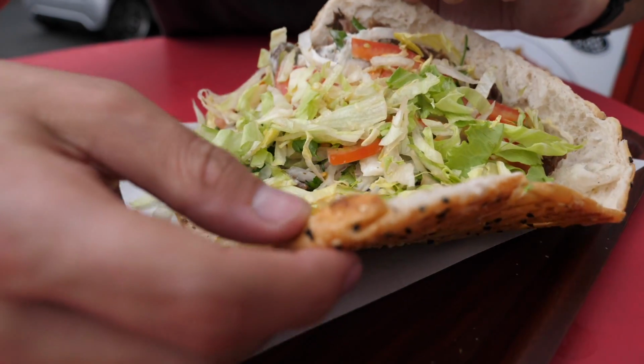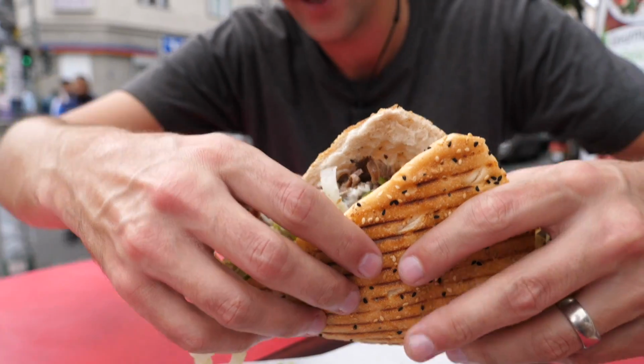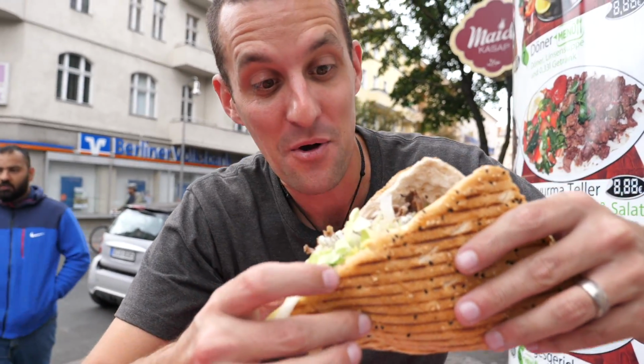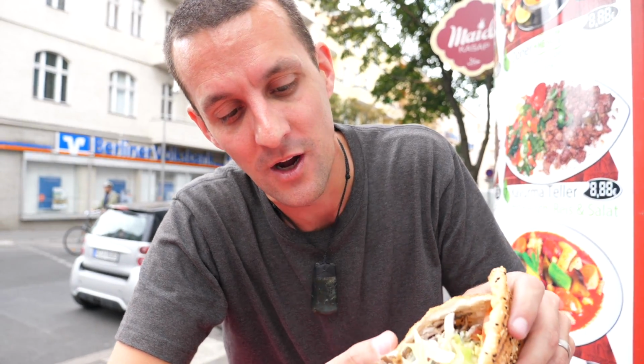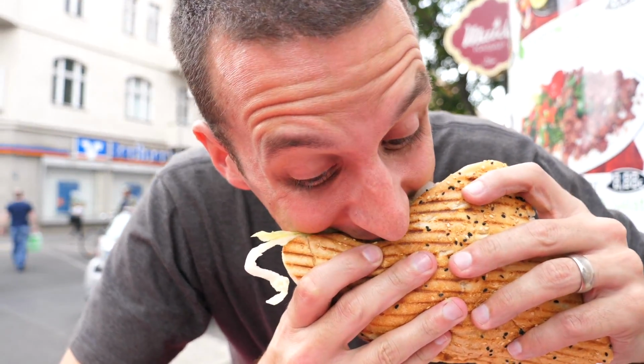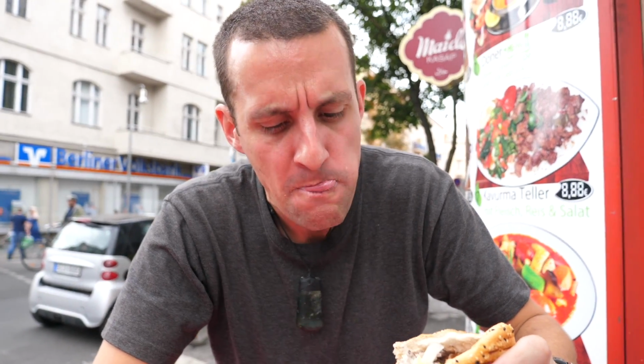Look at the size of this thing. So I'm going to try and wrap it up, but seriously, where do you even begin with that? It is packed with that beef and a lot of vegetables. So I'm going to try and go down the side here where there's a bit of everything. Oh man,